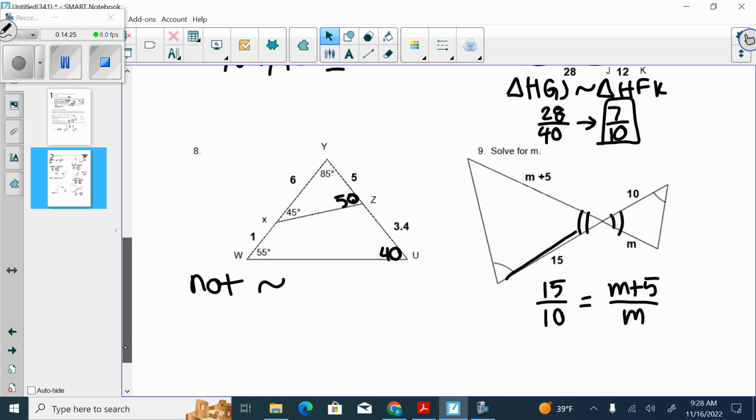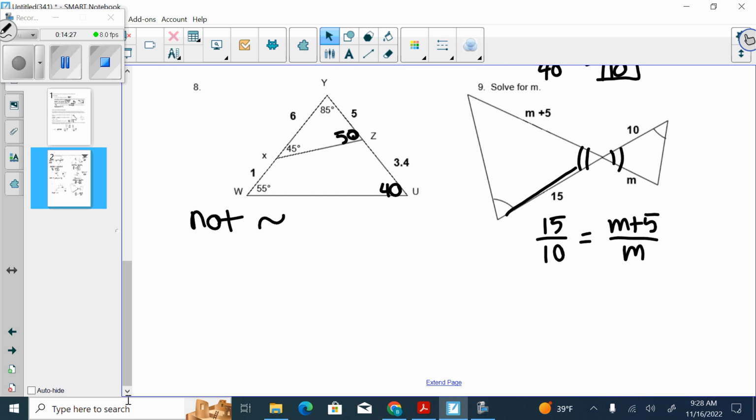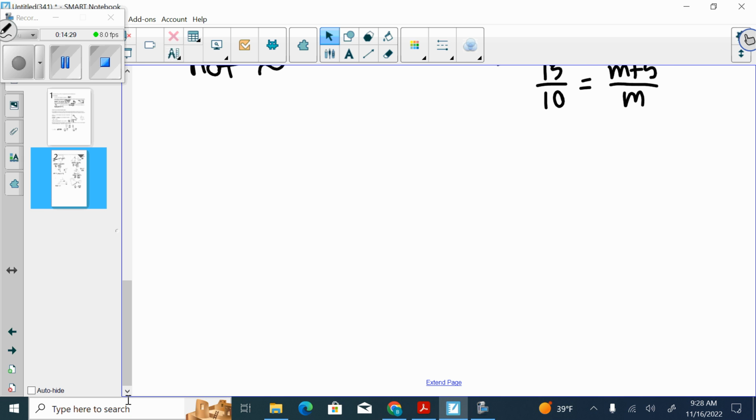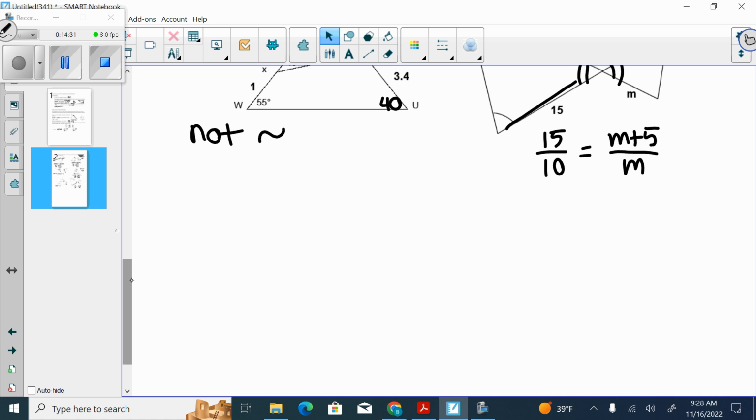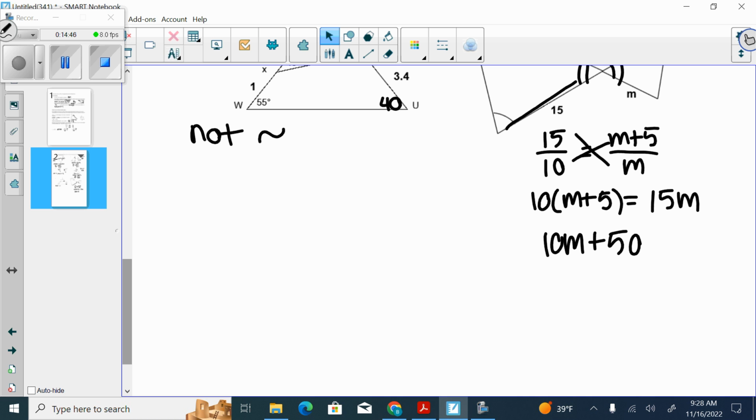Okay, so I've got 10 times m plus 5 is equal to 15 times m. So make sure you distribute that 10. What am I going to get? 10m. Good. Then what should we do? So m must